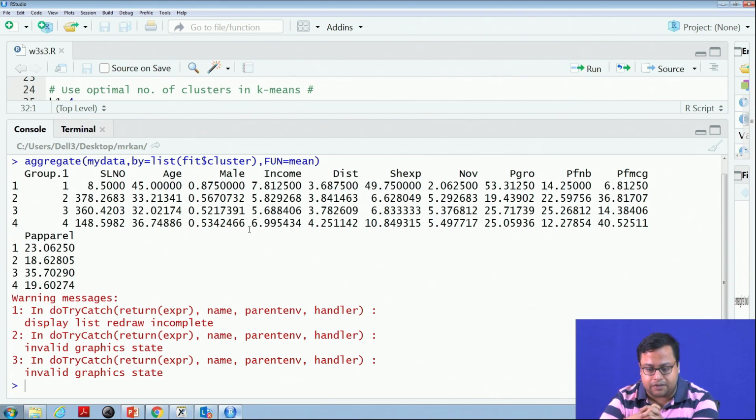But segment 2, or probably segment 4, if you see carefully, FMCG is 40% of their purchase; they majorly come to buy FMCG. So who are these people? They are 50-50 male female, slightly more male than female, and their age is a little higher than the other groups, and their income is also a little higher. These people with higher income focus more on FMCG, and they are ready to come from a long distance also. They are coming 4.25 kilometers away.